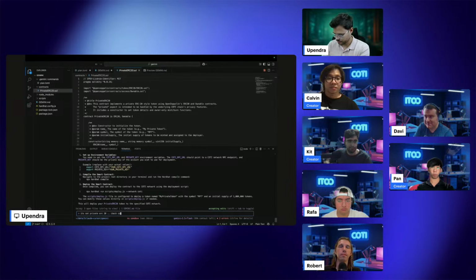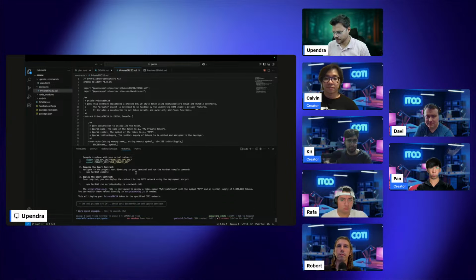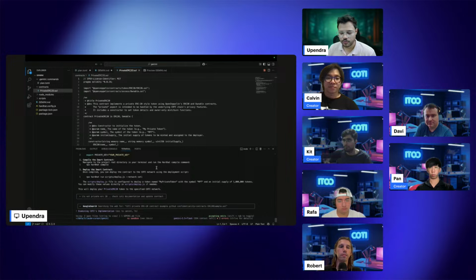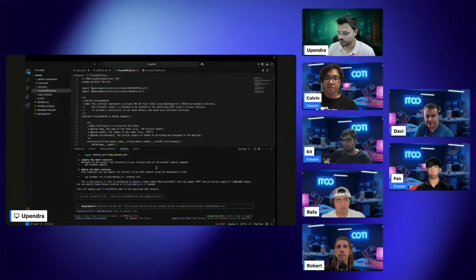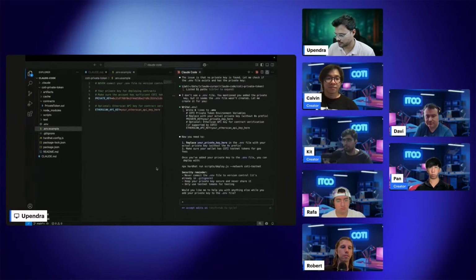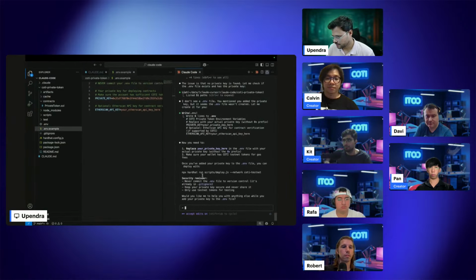Check. Let's try whether it can build a private contract with a lower model. With the Pro model, it did build the private contract. We're just running it in YOLO mode. That's why it created another contract. Here, if you see,